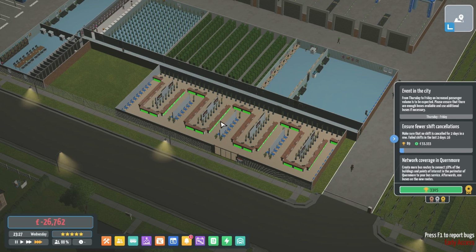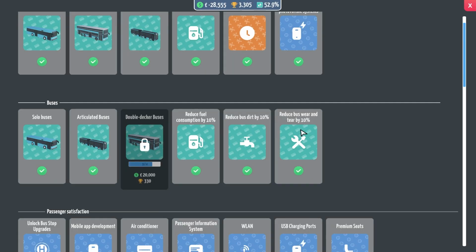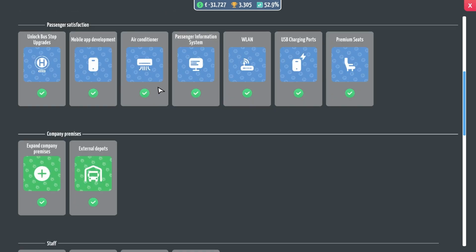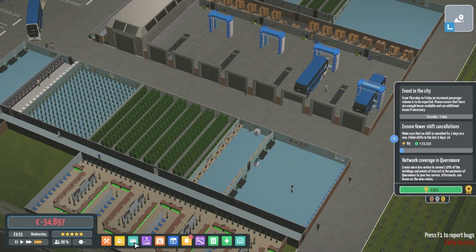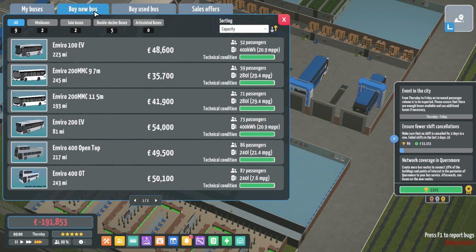We still have the same amount of people. I've cut down on people for research because we have no more research to do apart from double-deckers. We have a double-decker research still. So hopefully we can get that done. Didn't realise we had a double-decker to unlock. What double-decker do we have? Let's see if...